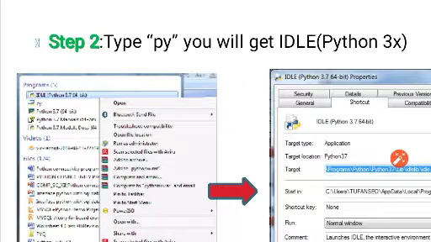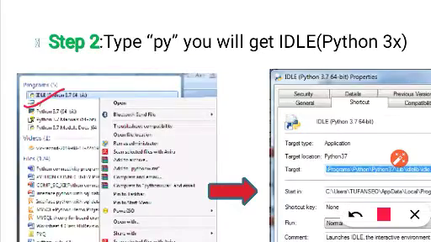The moment you type py, you will get IDLE of that Python version that you have installed. Like in my PC, I have installed 3.7, so I have got IDLE 3.7.